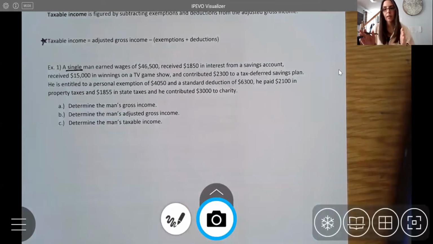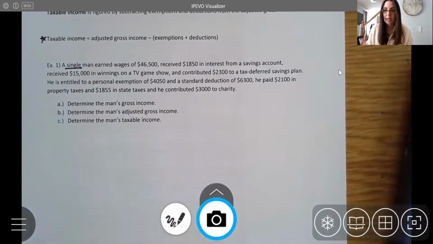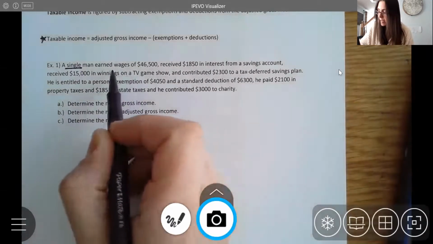So if you file separately and you're married, it means the two of you are each filing your own separate tax returns. If you are filing jointly, you do it together. So you're putting both your income on one tax return. So again, these designations of single and married are really at a government level to determine how they should do your taxes. So this man is single and he has wages of